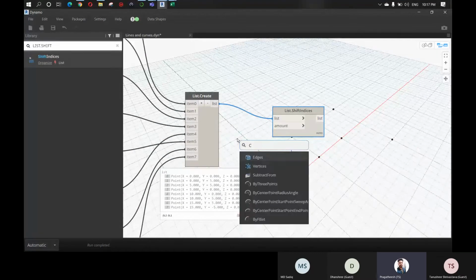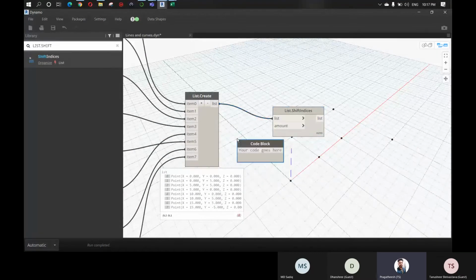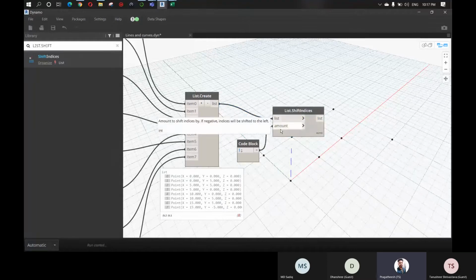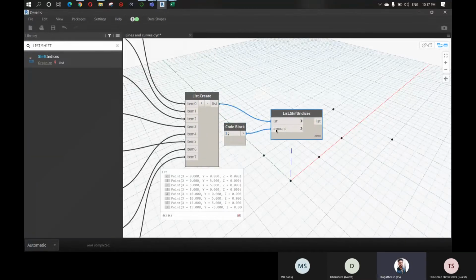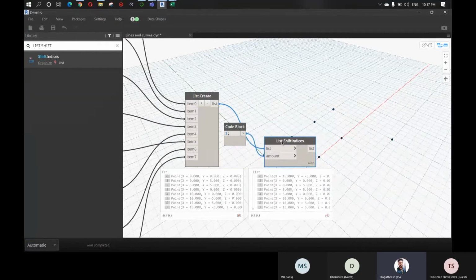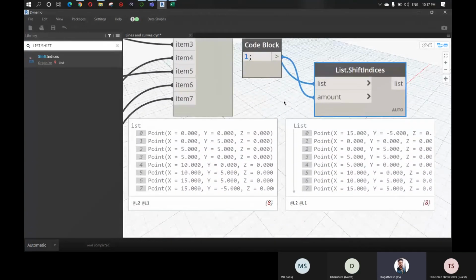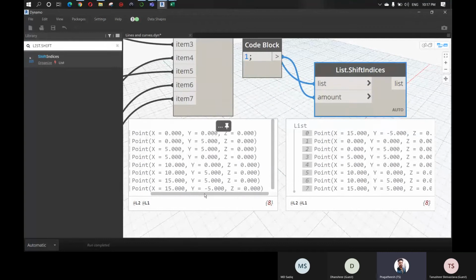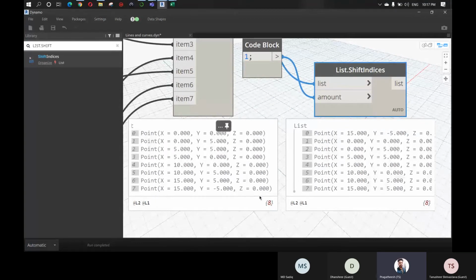In this case I'm using a code block. You can just give a number. I just want to shift indices by one. So now we can see the difference here. The last point is 15, -5, and 0.